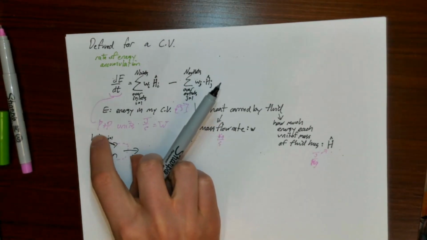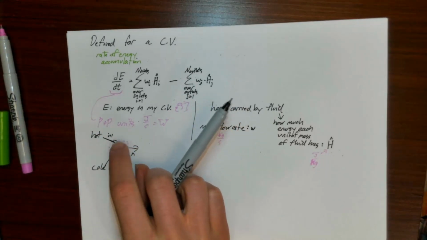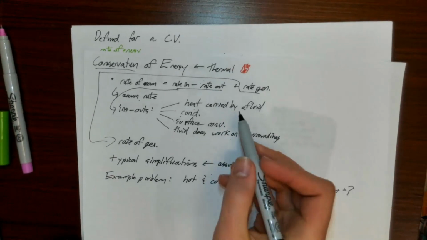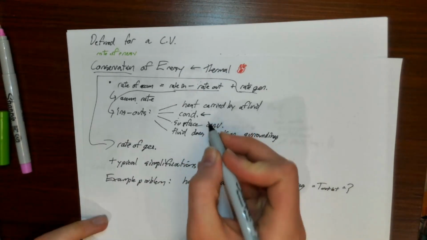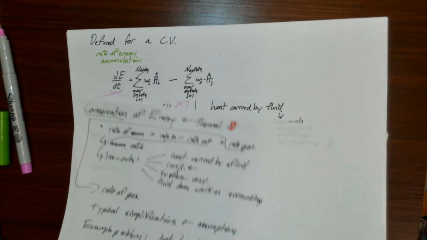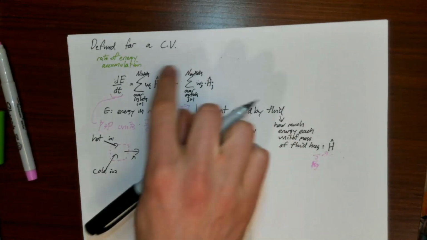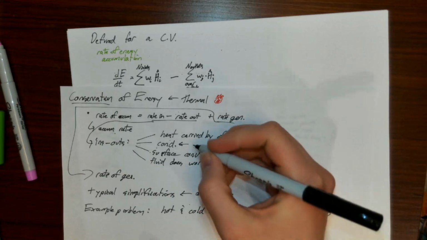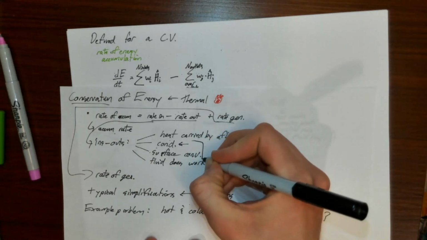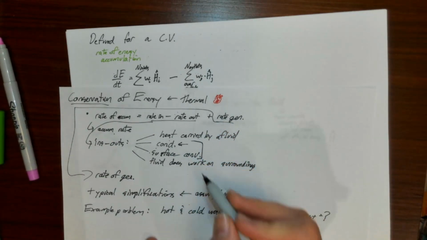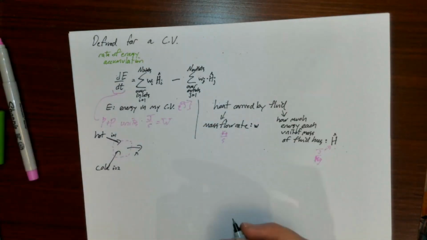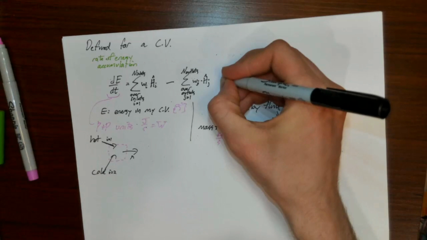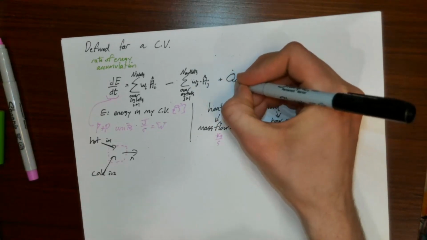But heat carried by fluid isn't the only way that heat could enter or exit this system. I could also have heat carried in or out of my system by conduction. So let's include a term to account for conduction. Sometimes people lump together conduction and surface convection into a single term. And what do they call it? They call it Q dot sub S,